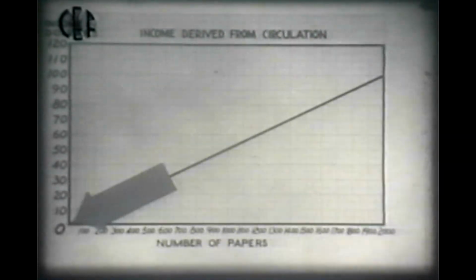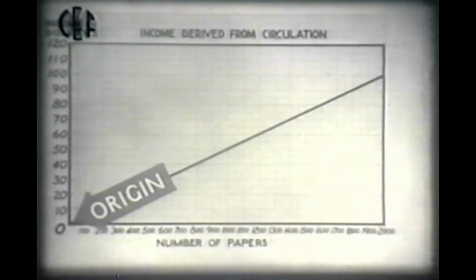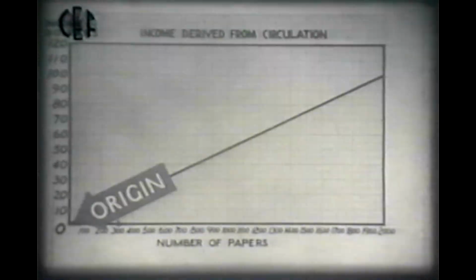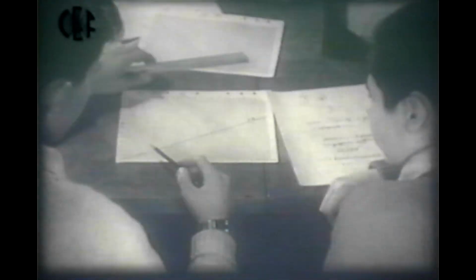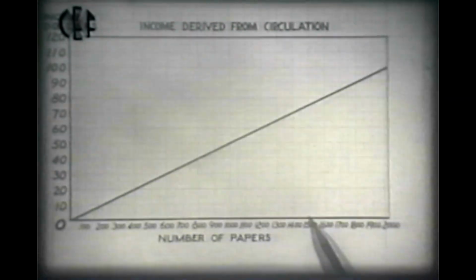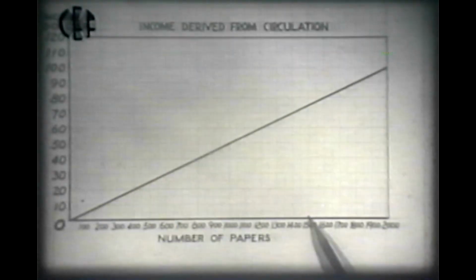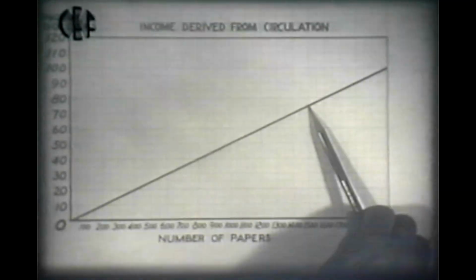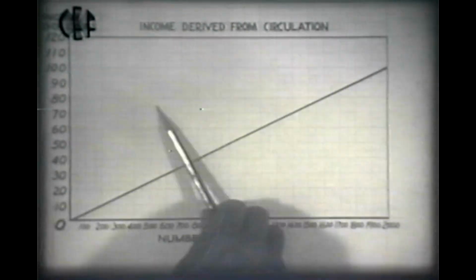Notice that the line goes through the point 0, 0, called the origin. If 0 papers were sold, the income would be 0. To see how much the income would be for 1,500 papers, they simply found the value for 1,500 on the horizontal scale, moved up until they reached the graph line, and then moved across to the vertical scale to get